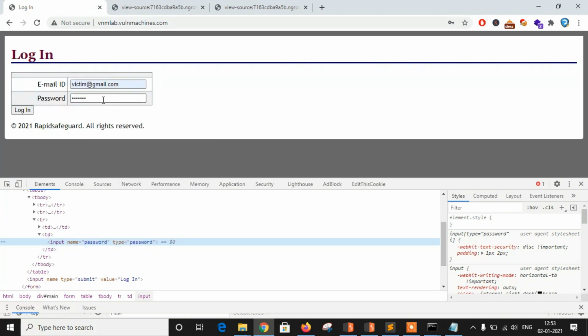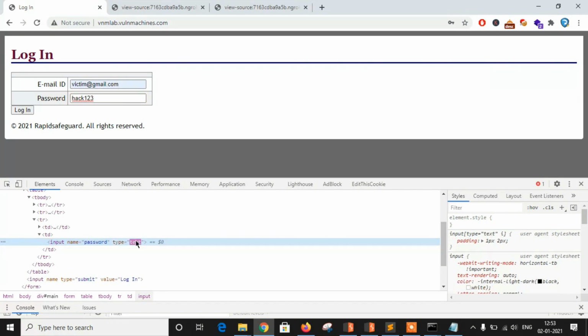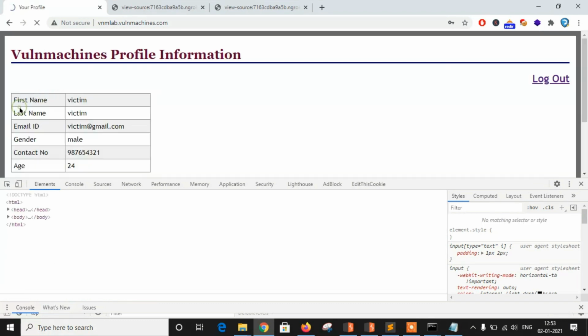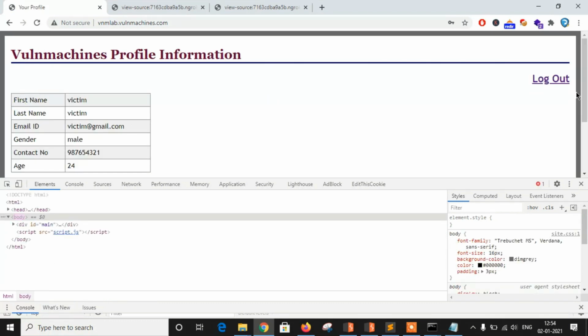So this is all about CSRF, where the attacker forges a password reset link and somehow tricks the victim into clicking a particular link or button, and the password changes. This is how CSRF works.